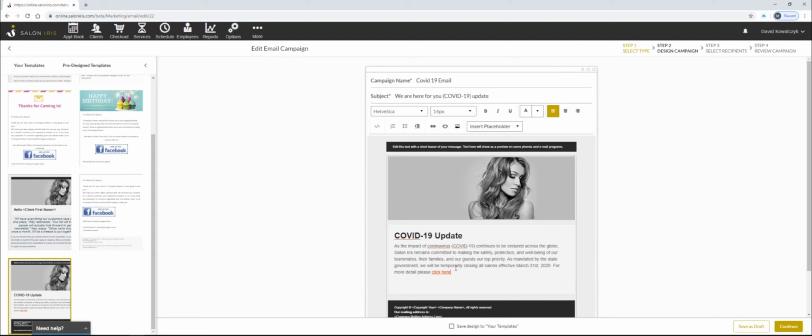I'm imagining everybody is going to be very busy a month from now when this is hopefully dying down. So this is going to be a super powerful tool to get some traffic flowing to online booking and back into the business as things trend upwards in the near future.